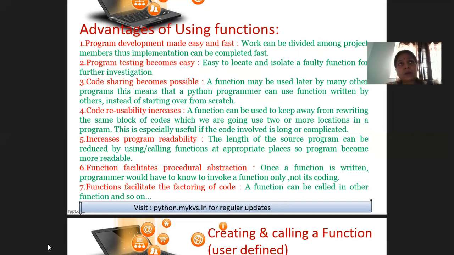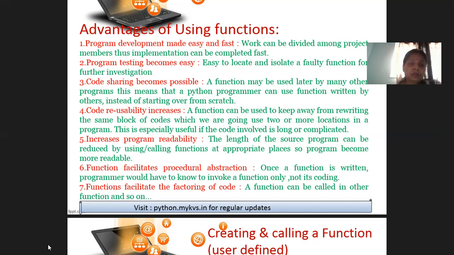When we create a program in terms of module, so it will be easy to update, it will be easy to find errors, and it will be easy to modify, correct? The second point is program testing becomes easy. That means if we have created a program in form of functions, that is known as module, we can easily find out the errors. There is no need to find out the errors from top to bottom approach, correct?